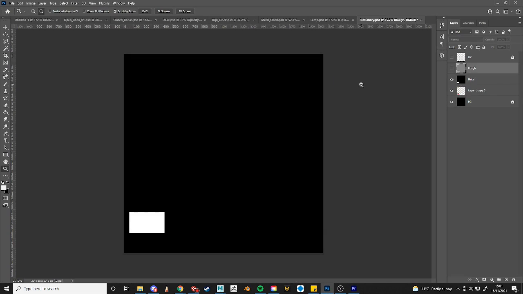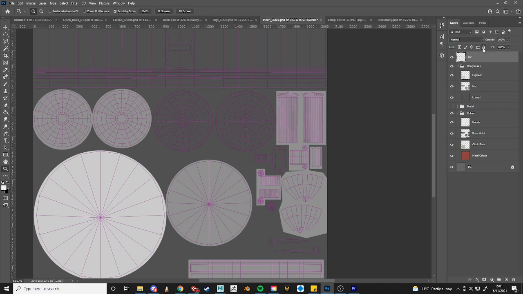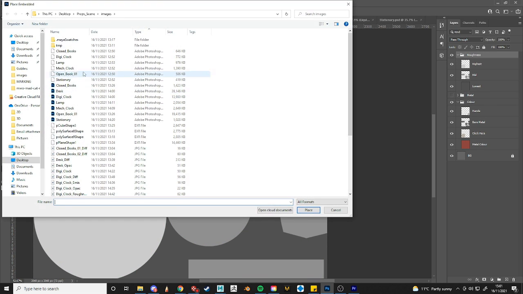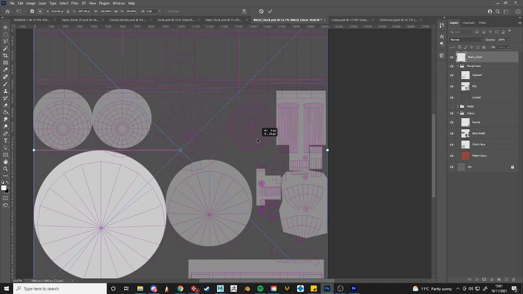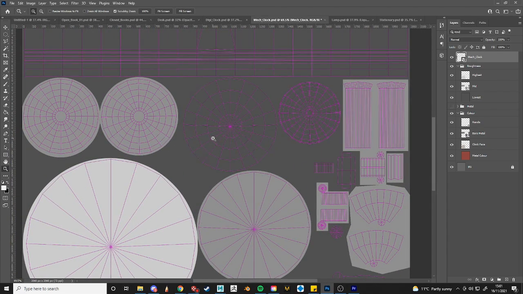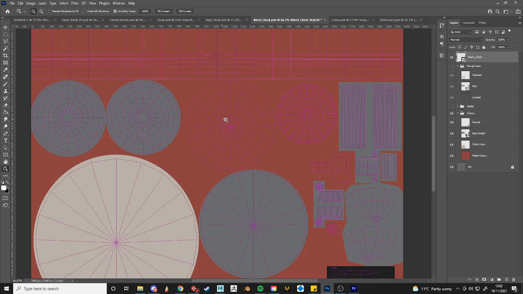If I jump back into Photoshop now, go to my mechanical clock with my UVs here. I'm going to delete them. So unlock them, delete them. Come in, place embedded my new mechanical clock UV. I'll make sure it's actually correct in the world, which it is. So now, the only thing I really need to change is, yeah, what do we need to change? Let's have a look first. Okay, so here,